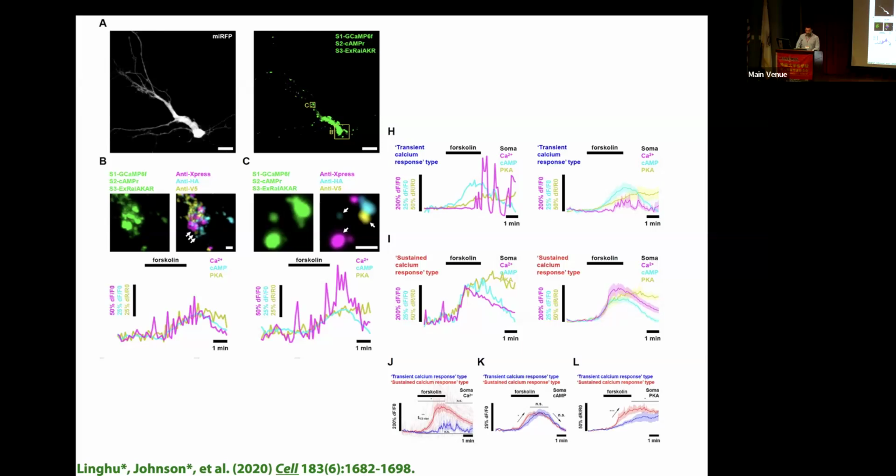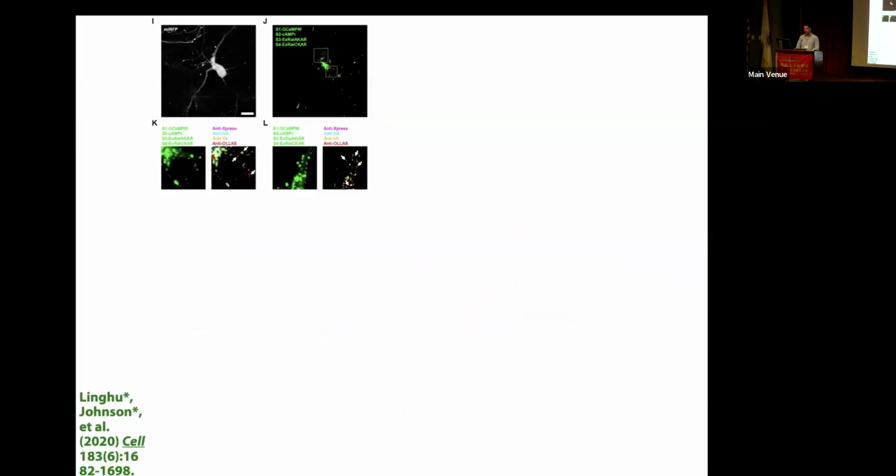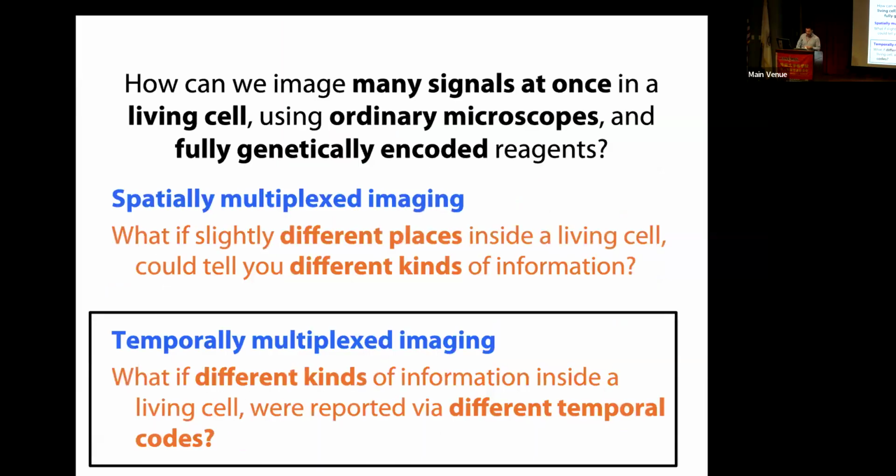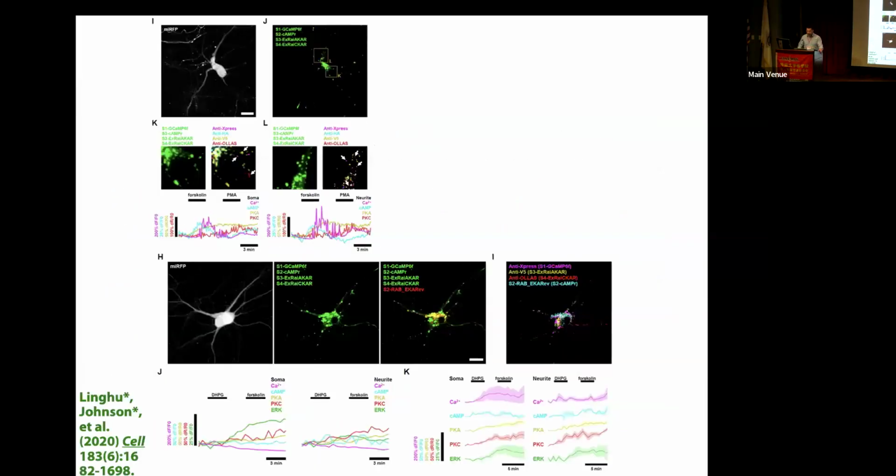Anyway, so you can add a 4th indicator if you want. Here we added a protein kinase C indicator, or a 5th indicator. Here we add an ERK kinase indicator. And so our hope is that we can use this to image a wide variety of different signals in living